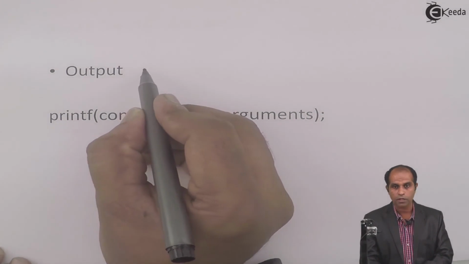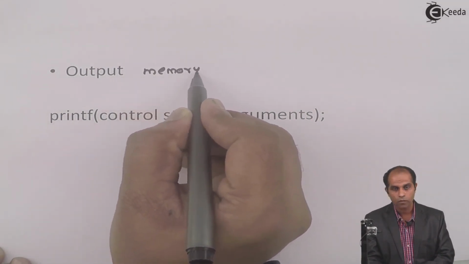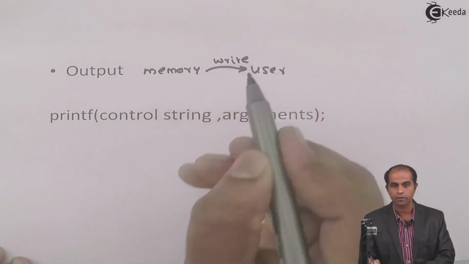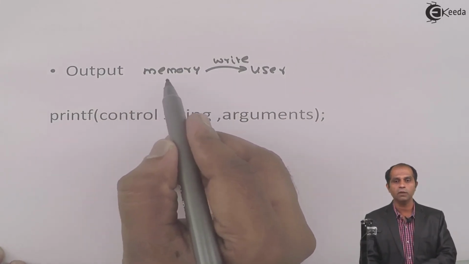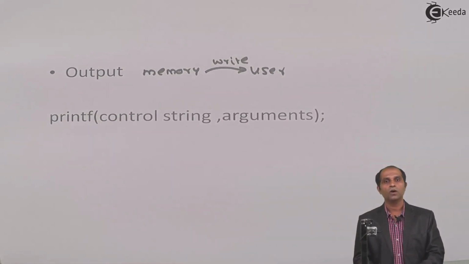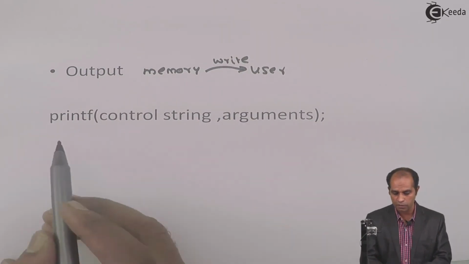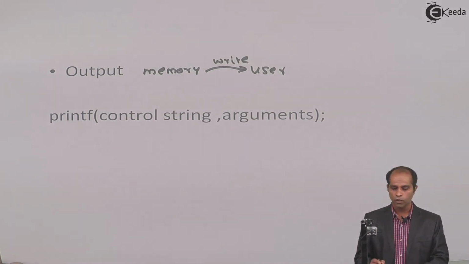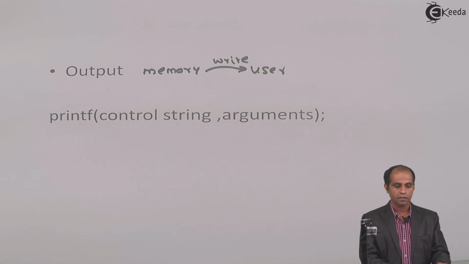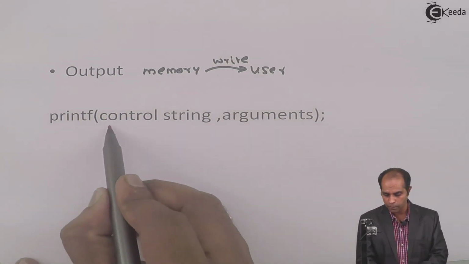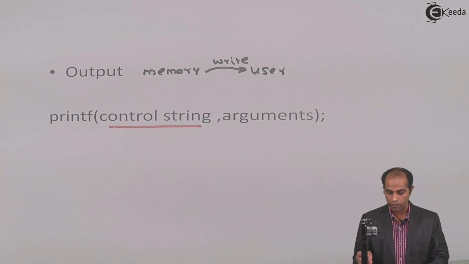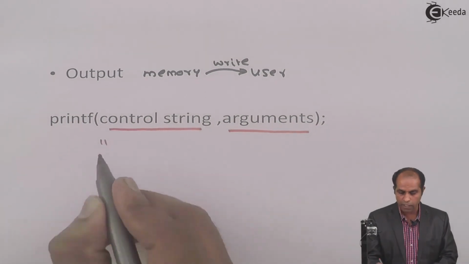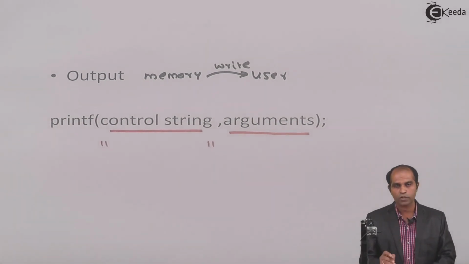Now, in the output instruction, the value is there in memory, which goes to the user. Now, this is a write operation. A value which is already there in memory will now go to the user on the output screen, that is monitor. The instruction which I do is printf. If you compare the syntax of printf with the syntax of scanf, you'll find identical. So, what is that identicalness? Scanf will have control string. Printf does also have control string. Scanf has arguments. Printf also has arguments. Control string of scanf will have double quotes. Control string of printf will also have double quotes.